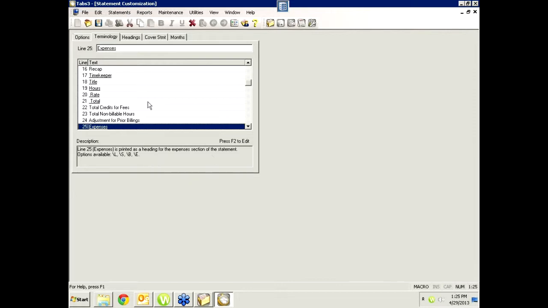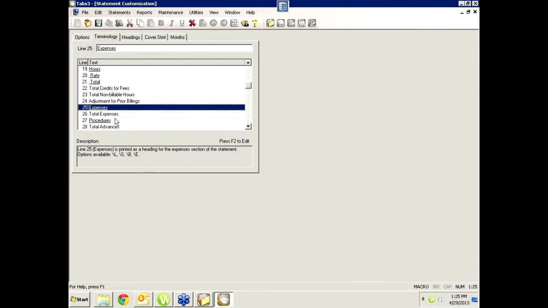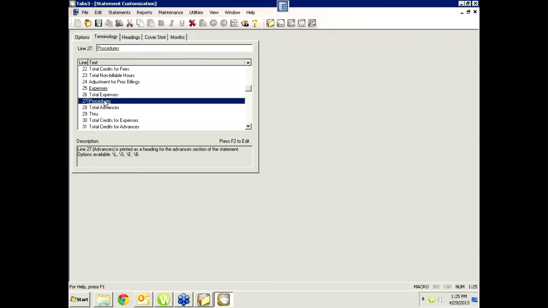Now we also have some special lines. For instance, if we look at line 27, which by the way says procedures because I showed this to somebody the other day and changed it. It normally, I believe, would say advances. So let's do that. Let's change it back to advances, and we want it to be